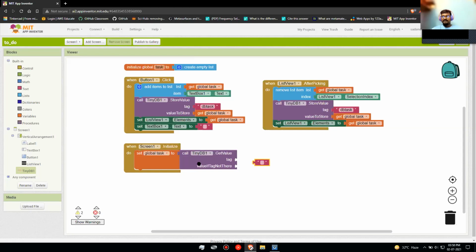So has everyone selected it? Yeah. So now it is asking for a tag. So we have to again add in the same name that we have used before. So just drag the bottom empty quotes and place it above and rename it as DB task.